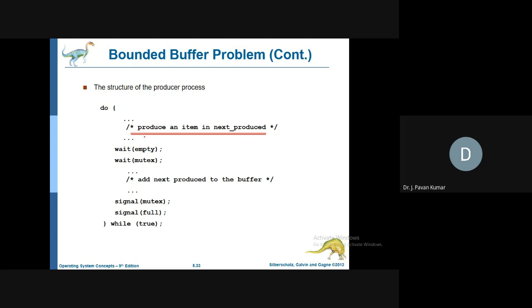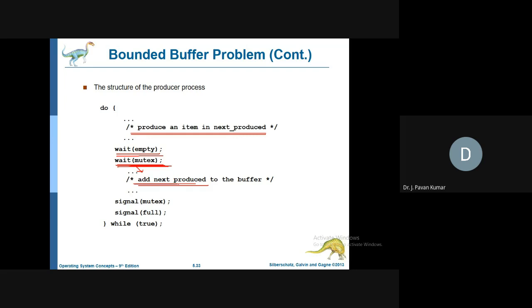So he has to wait until empty slots are there. If empty slots are there, then he has to check whether it is allowed to put it in the common buffer or not. That is, on this mutex, he has to wait. If the mutex value is greater than 0, that is, if the mutex value is 1, then he can add the item produced.